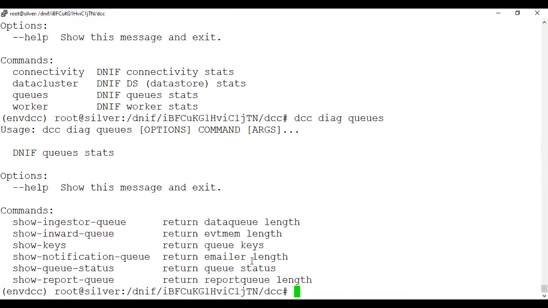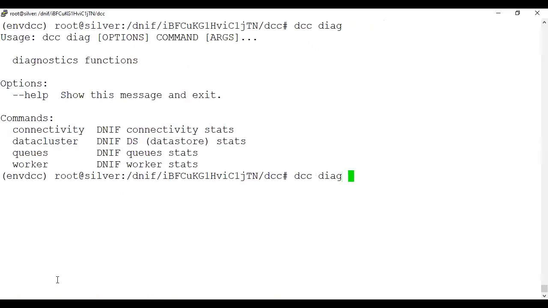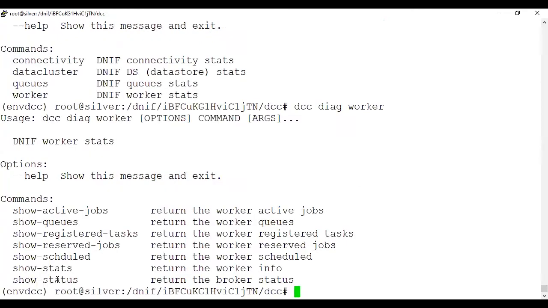Details of these are all there on the website, but the main aim is that you understand this: when you are working if you are sending an alert, where you have to look. You can see the count of queues and the report queues inside the queues. It's very good to work with. Then the last is worker. Now this is specifically for the correlator.